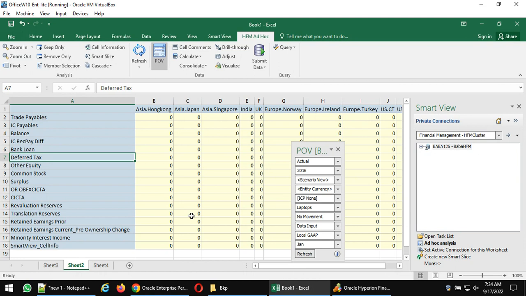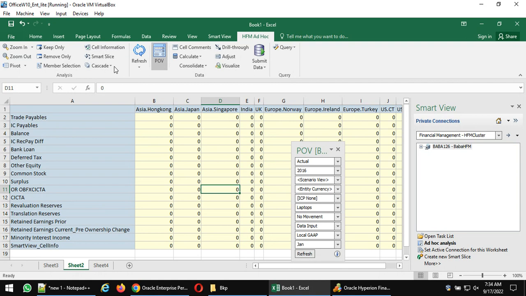Now he has to transfer that knowledge to some other shift handover, some other person who is in shift. So he has to send this physical Excel sheet to him. Otherwise, when he shuts down his laptop, nobody can use that. So when you create it as a smart slice,